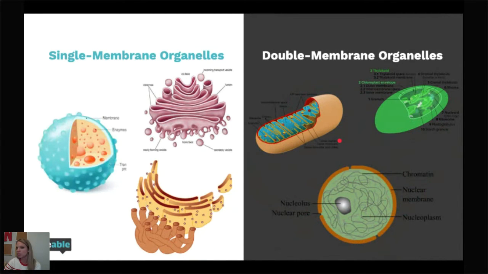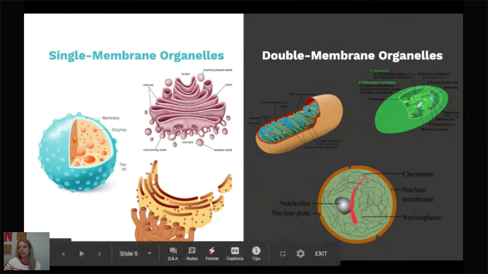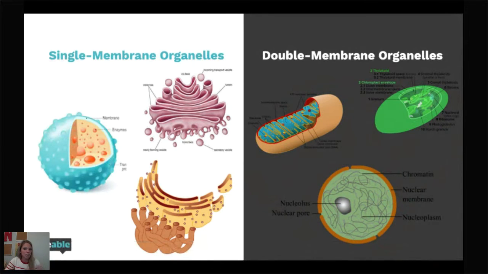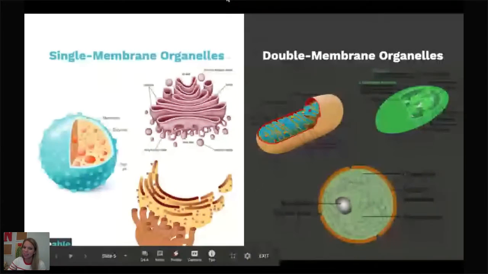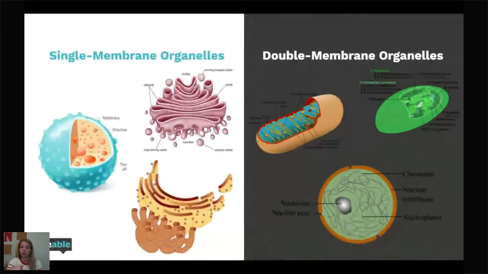And so there's a couple reasons for that. When I think of the nucleus, I think of it as being extra security. So you want that double membrane to have that extra security because you're protecting the DNA. But when it comes to the other guys, that is the mitochondria and the chloroplast, that's going to get really important in a minute because that's going to increase our surface area. And remember, do you want to have more surface area or less surface area? More. Very good, Tria. We want to have more surface area.